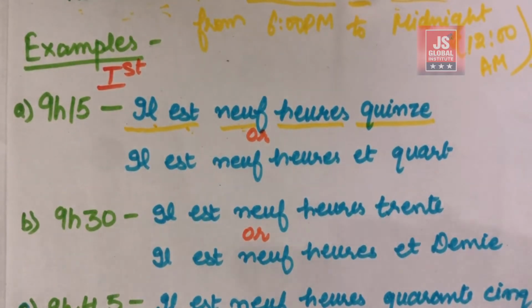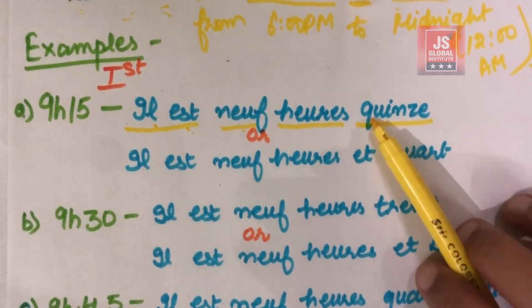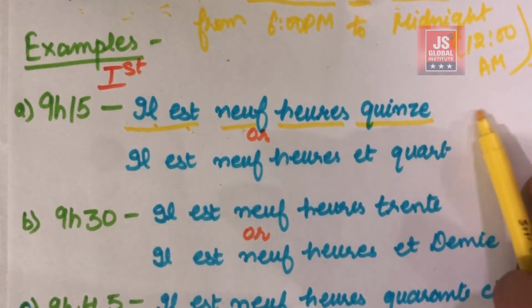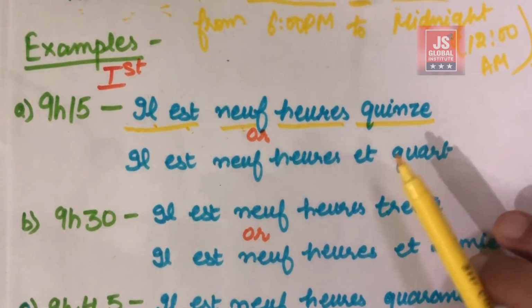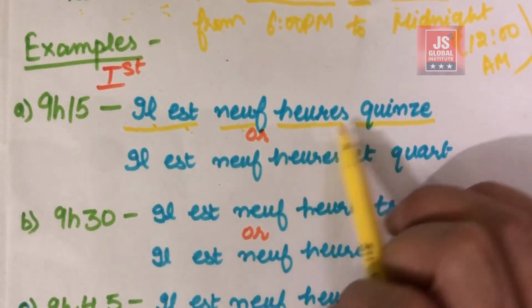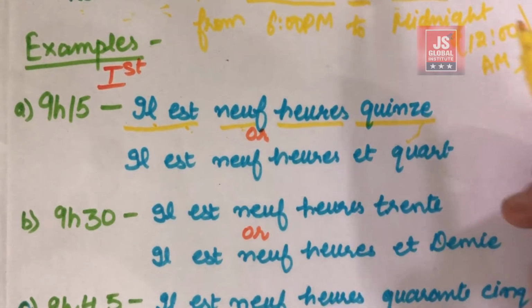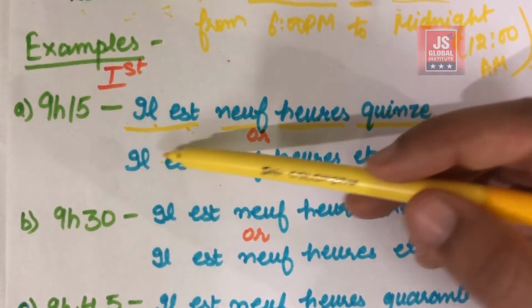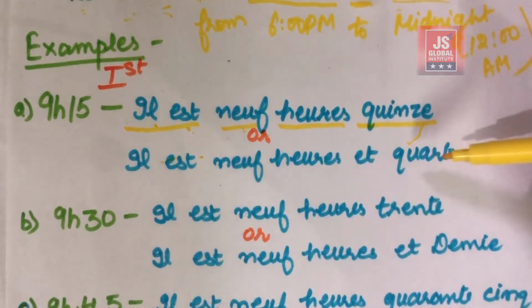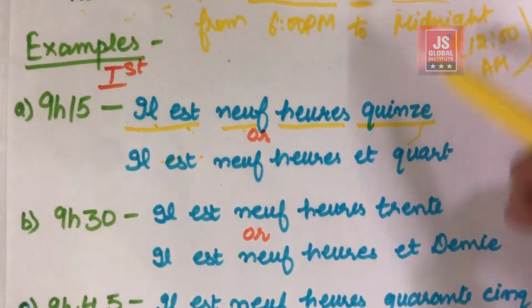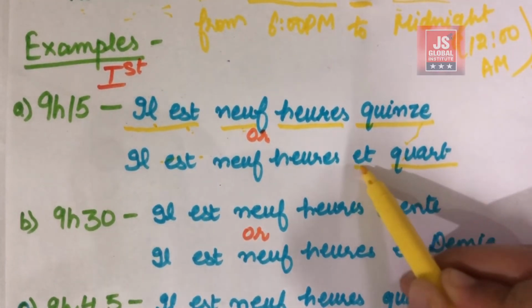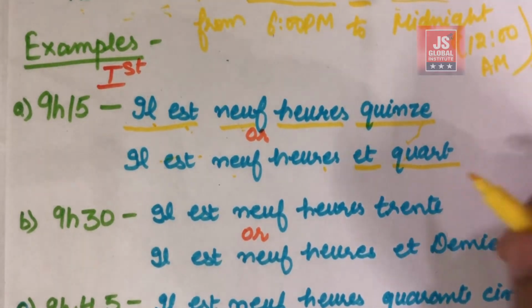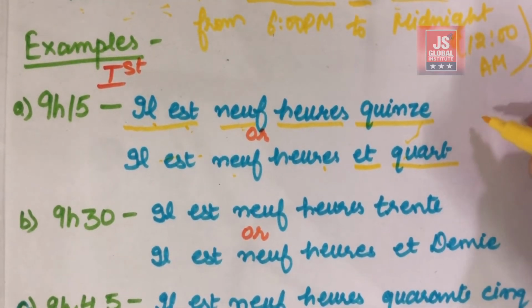Basically we have just written the number 15 in French, that is quinze, and have not mentioned minutes over here. So this is the exact format: you have to write il est 9 quinze. And the second format is, you can say il est 9 heures et quart. So what does this quart mean? Et means and, and 9 you understood. Quart means something that is 1/4.